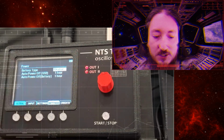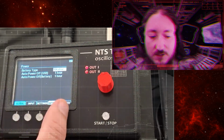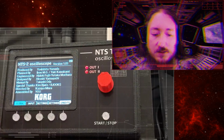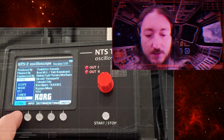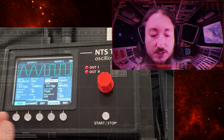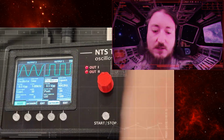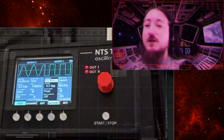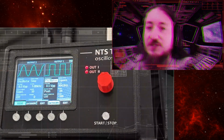And then you have some settings for the battery here again. I would not recommend changing those. And then some credits. And then the last function here, which is the wave. So the wave sends to your outputs. You can use it as either